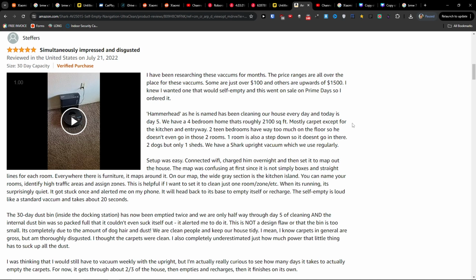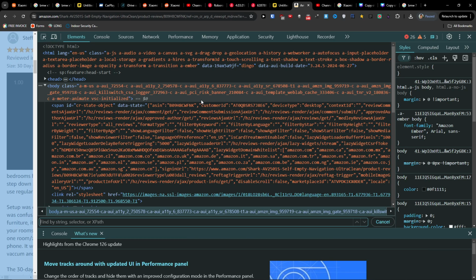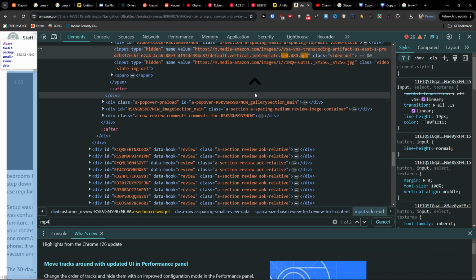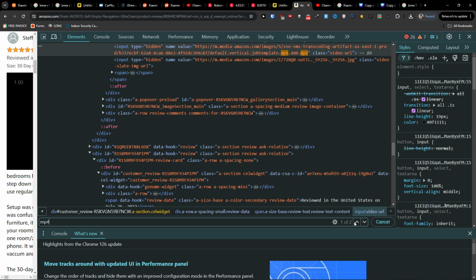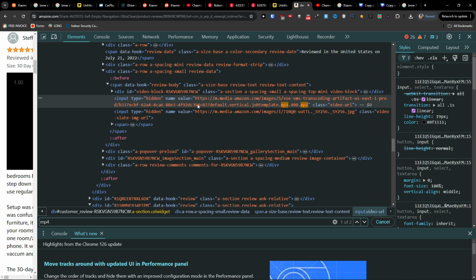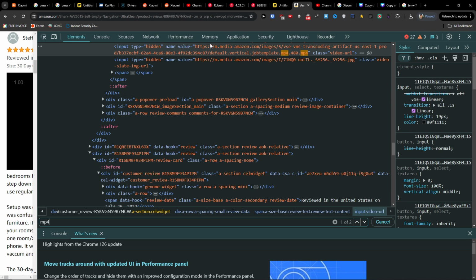So what you need to do is this. You want to press F12, and then you want to press Ctrl F and search for MP4. And right there, you have this arrow that you can use to switch between 1, 2, 3, 4, 5. It's the order of the MP4 files. So right here, I have this one, and this is going to be the first one. If there is a second video, the next one is going to be here. This is the second. So what I can do now is take it like this,